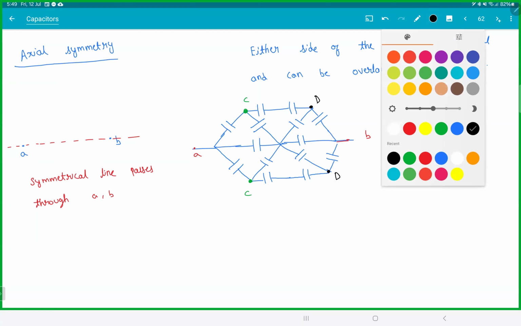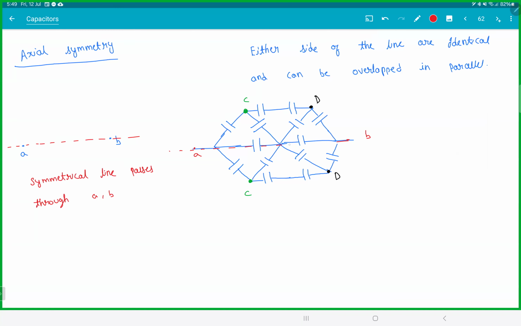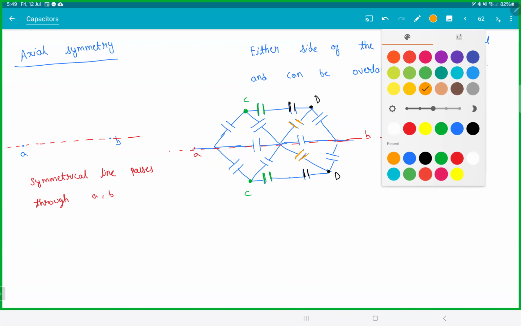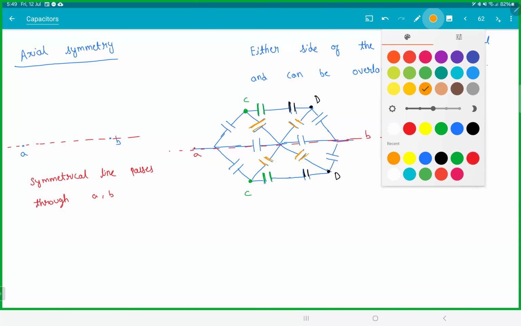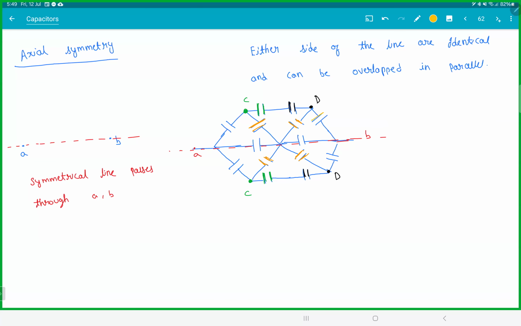Now, if I fold the circuit, meaning this is what you're doing. You're folding this capacitor with this capacitor. You're folding this capacitor with this capacitor. You're folding this guy with this guy. This guy with this guy, this one with this one, this one with this one. Now, when I fold it,